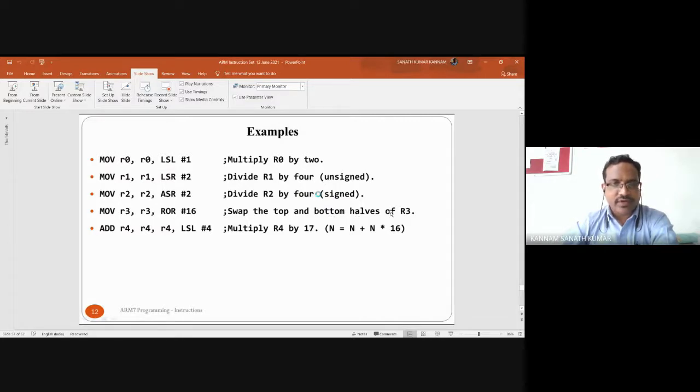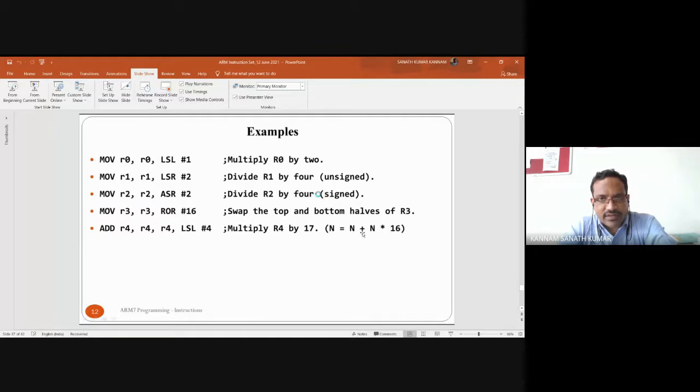Okay. So shifting towards right means you are swapping. Whatever the lower 16 bits, the lower 16-bit half values are there, you are bringing to the higher half. Okay, so like this. Similarly, ADD R4, R4, R4, LSL, hash 4. So R4 will be multiplied by shifting and you are adding with R4.